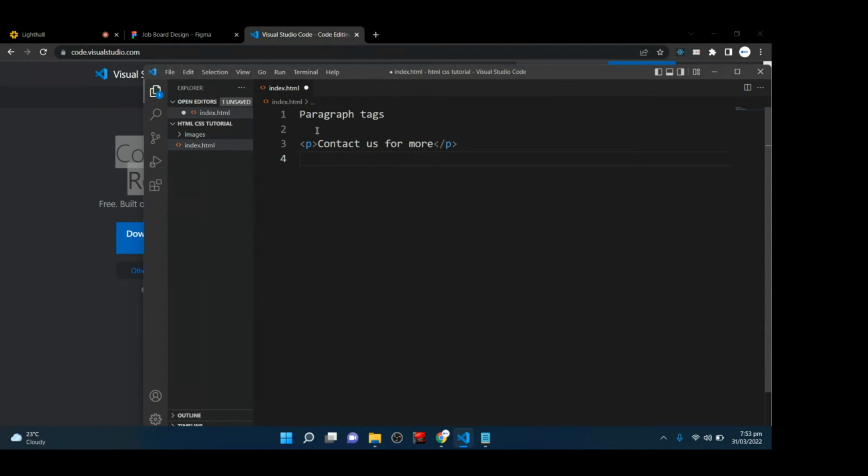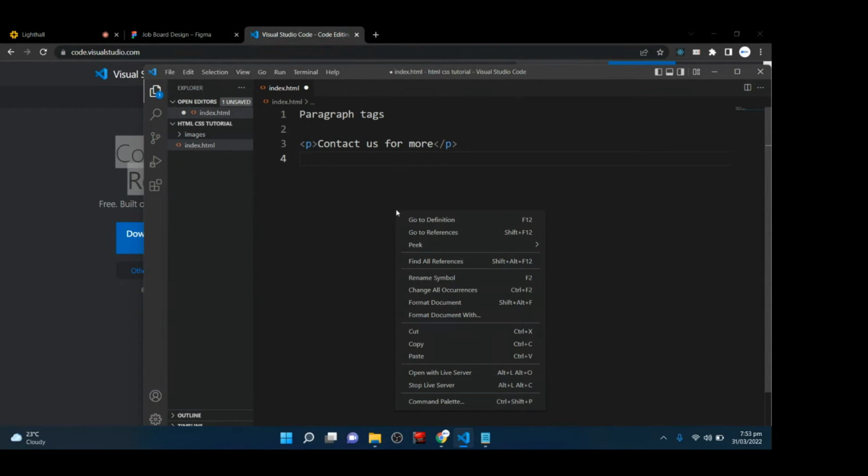Now, before we write our heading tag, let's send this paragraph tag to the browser, to my browser, and let's see how the browser will display it. Now, you can send it to yours also. To do that, right-click on your VS Code. When you right-click on it, you would have this tab show up. Now, click on Open with Live Server. That's the reason I said we should install that extension called Live Server. When you click on Open with Live Server,